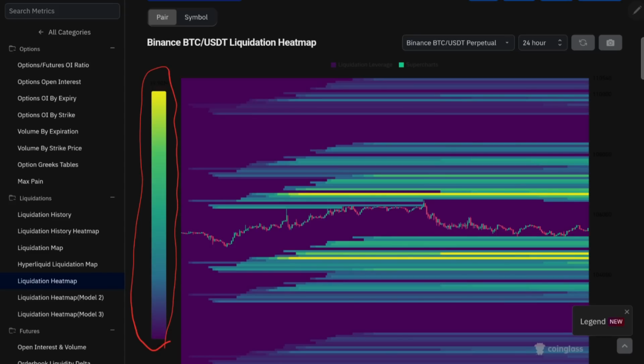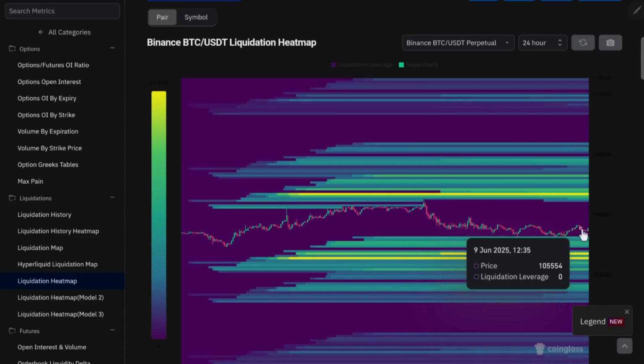Now guys, to your left side, you have this color scale. This scale represents the level of liquidity concentration. The highest liquidity level is here, and the lowest liquidity level is here at the bottom. In simple terms, yellow represents the highest liquidity concentration, and the purple color at the bottom represents lower liquidity concentration. Guys, this is the BTC chart, and the price is trading around